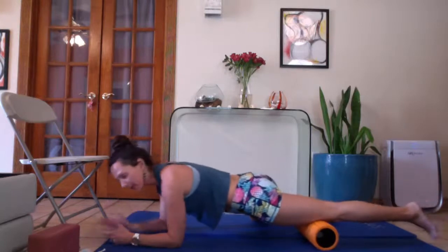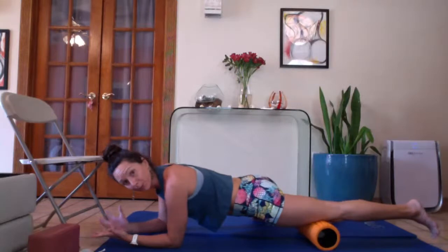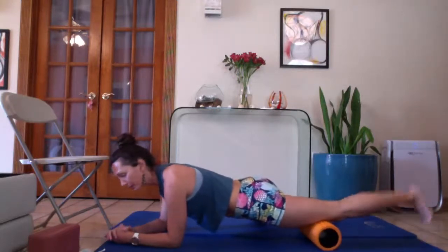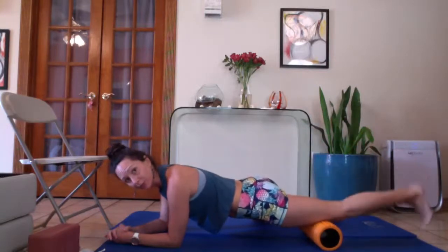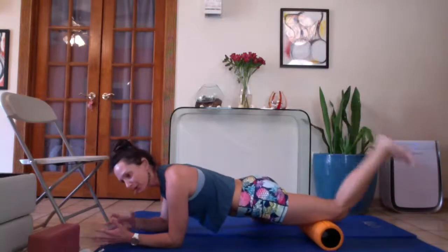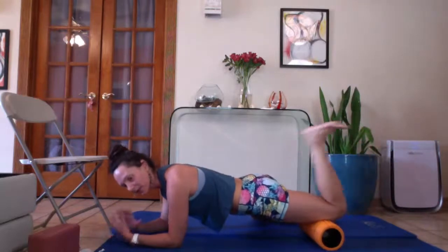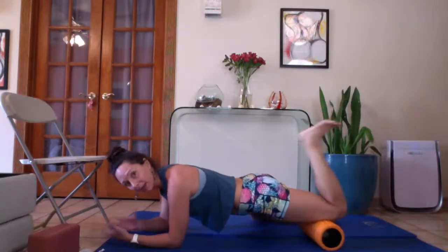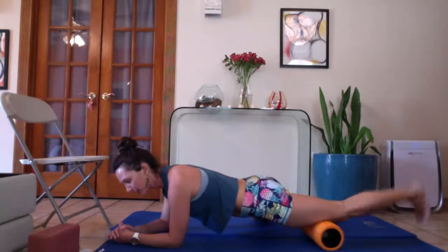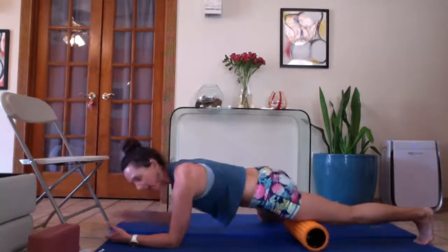I'm doing one leg at a time. You can do 2 legs at a time. Whatever your preference is, it's up to you. Go ahead and just roll a little bit, and then kick towards your butt. You're going to feel that tension in the quad. Tension in the quad can go up into the hips. So we just want to release some of this tension, calm the nervous system down, and allow your body to kind of restore itself. Kick a few times,